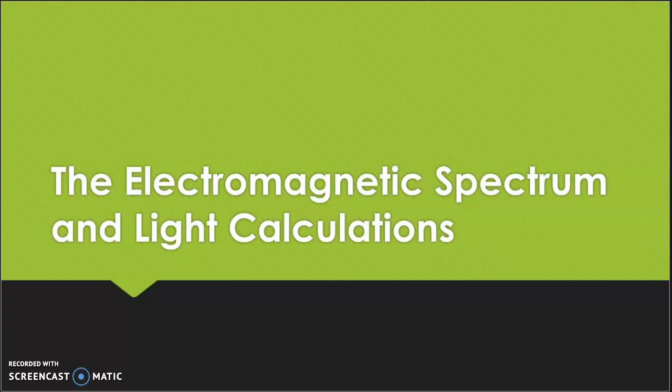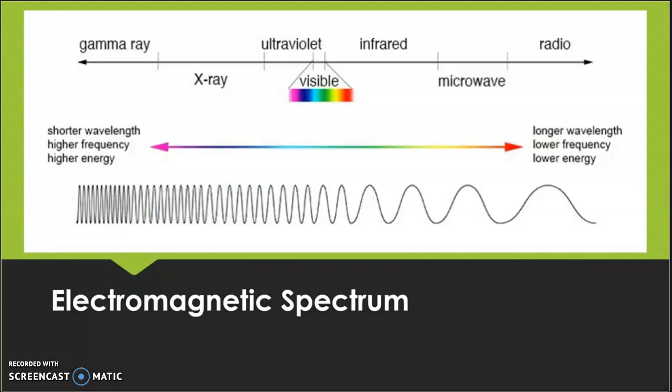In this video, I'm going to go over how to do light calculations with the electromagnetic spectrum. So the electromagnetic spectrum is a spectrum of electromagnetic waves, which are waves that carry energy. They can travel through any medium, through space,